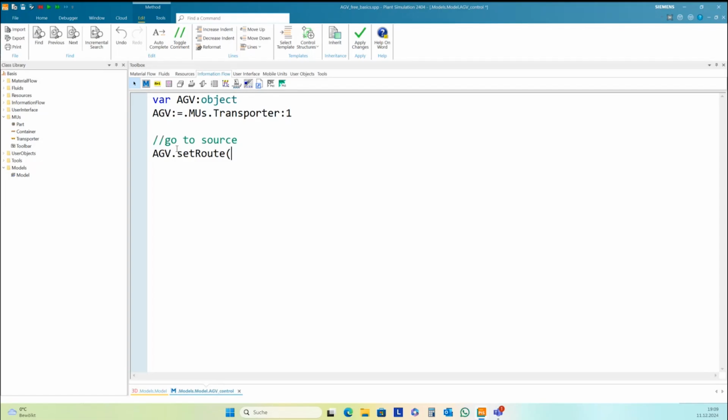The AGV itself can only be located on objects of type marker, tracks, and the AGV pool itself. And so I'm quite restricted. I cannot drive, for instance, into a buffer. In our case, it has to go to marker 1.